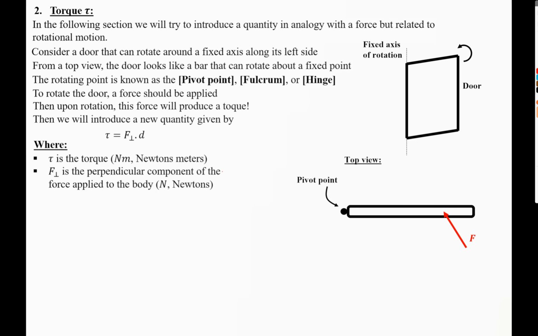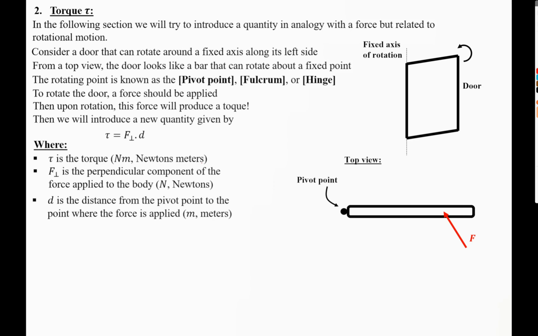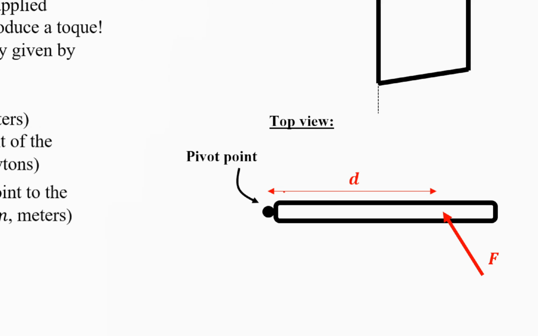F perpendicular is the perpendicular component of the force applied to the body, in newtons. After a while, I'll explain how to obtain the perpendicular component using projections. Now, d is the distance from the pivot point to the point where the force is applied. Let's assume that the force represented in red is applied at this point, and this is the pivot point. Then the distance d is the distance from the pivot point to the point where the force is applied. For this reason,